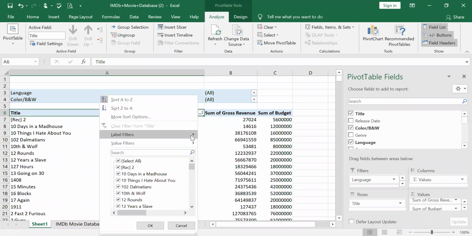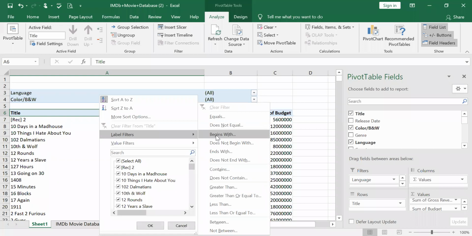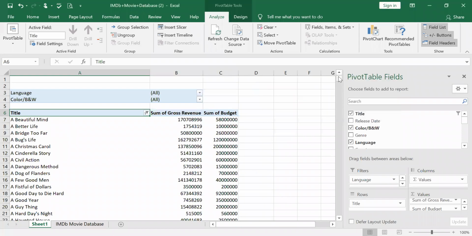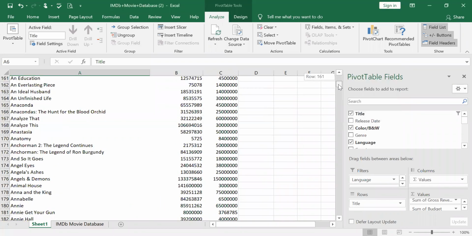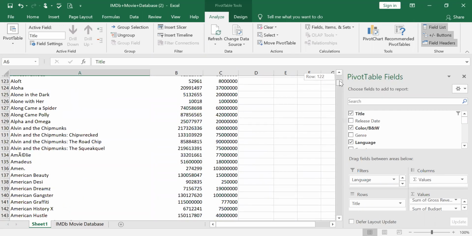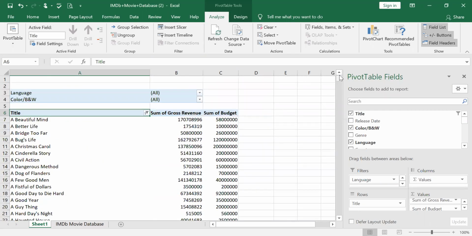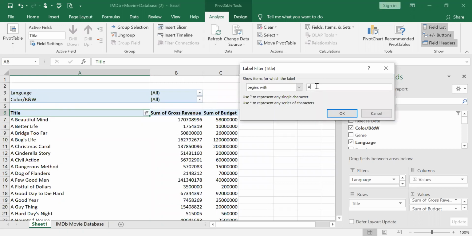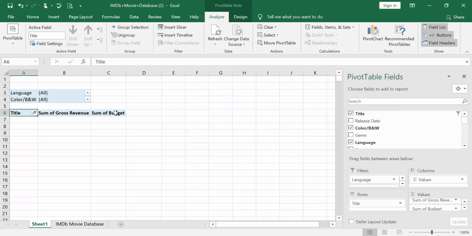Okay, so for equal, you have to give exactly what is equal and what is not equal. Now another option we have is begins with. Again you can say I want all that begins with A, so alphabet A. So begins with A you can give, and you will have data that has all that begins with only A. It is not just one single letter you can give; you can say I want movies that start with AA, but unfortunately we don't have any movies that start with AA.